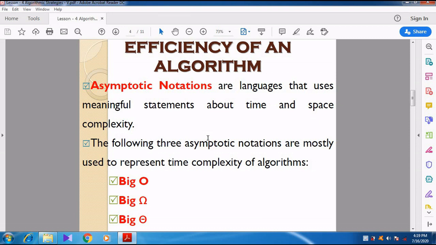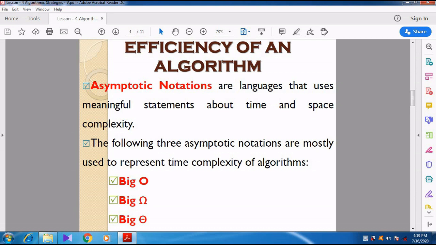See, in the last video we discussed the efficiency of an algorithm. The efficiency of an algorithm is based on the space and the time complexity. We already discussed this, and I told you that whenever we create an algorithm, it should use only a small amount of time, as well as only a small amount of storage space. In that case, the algorithm is called a best algorithm.